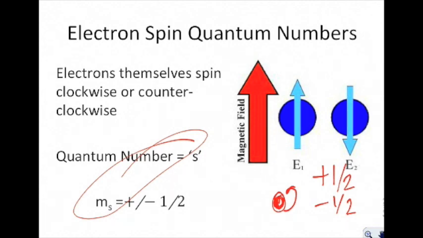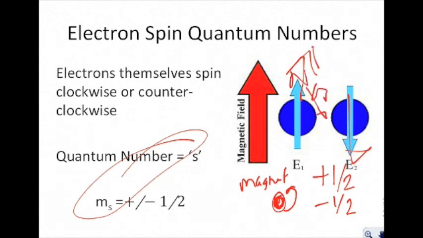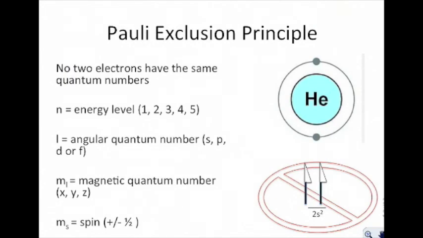The way that they figured this out, though, is if you have a magnetic field, one of the electrons will be attracted towards the top, and the other one will be repelled towards the bottom based on the fact that they're spinning. Because a spinning electron is actually itself a magnet. If you put two north magnets together, they repel. If you put a north and a south together, they attract. Now, the Pauli exclusion principle that